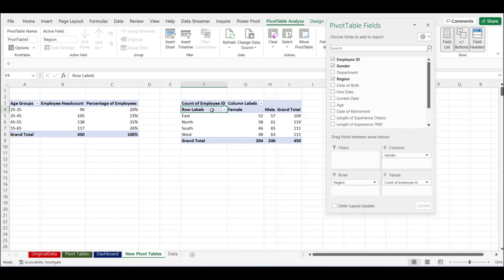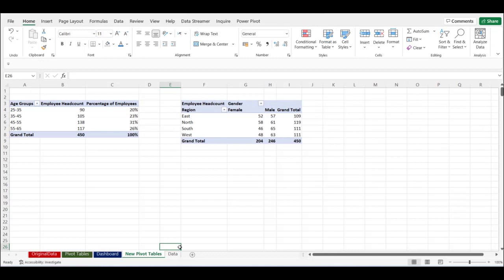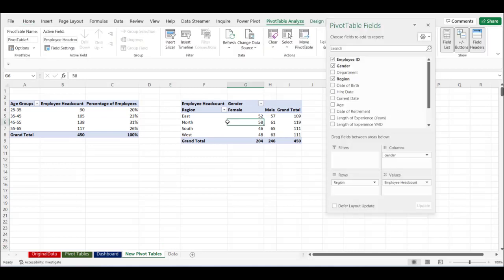So again we can rename these headers: region, employee head count, gender. Okay, so this is how we can create the table and show the information about male and female within the different regions. So before I create the next table, viewers, I would explain to you that you would have observed